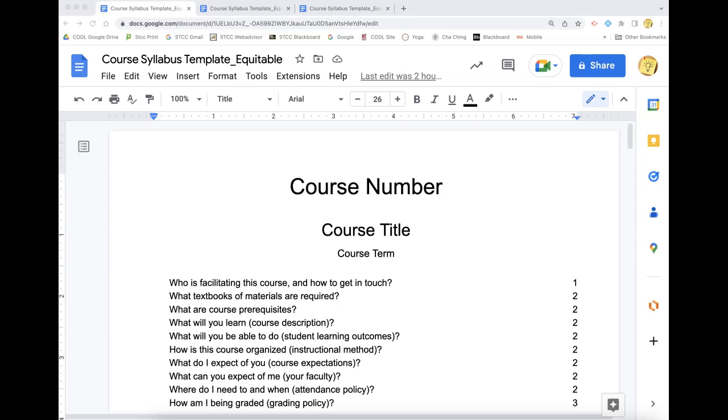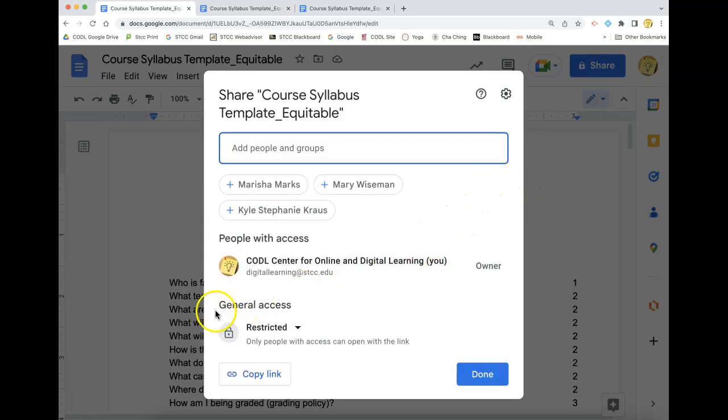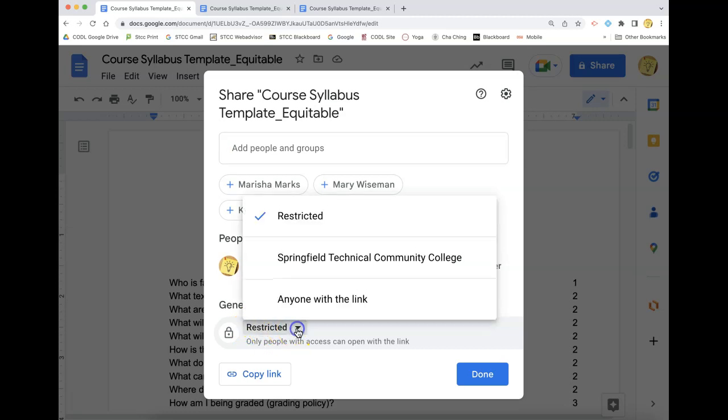Now, before we get started with the actual editing of the URL or web address, I need to remind you that the sharing settings for your Google Doc need to be set in a way that will work for this feature. So you're going to click on the blue share button in the upper right-hand corner of your document. And then in the general access area, rather than having restricted selected, you need to change that to anyone with